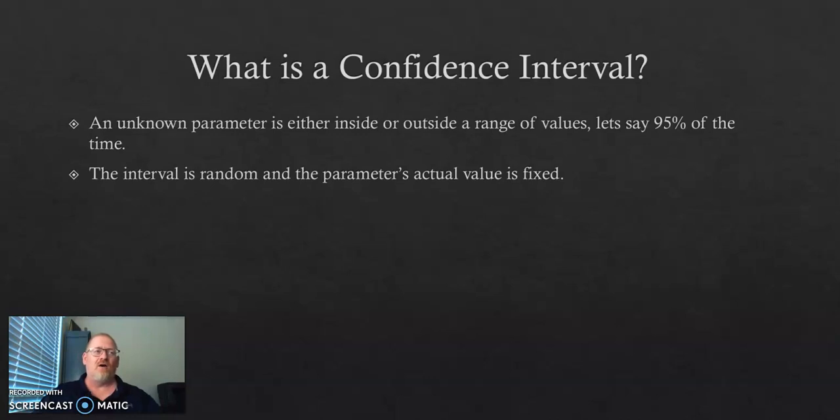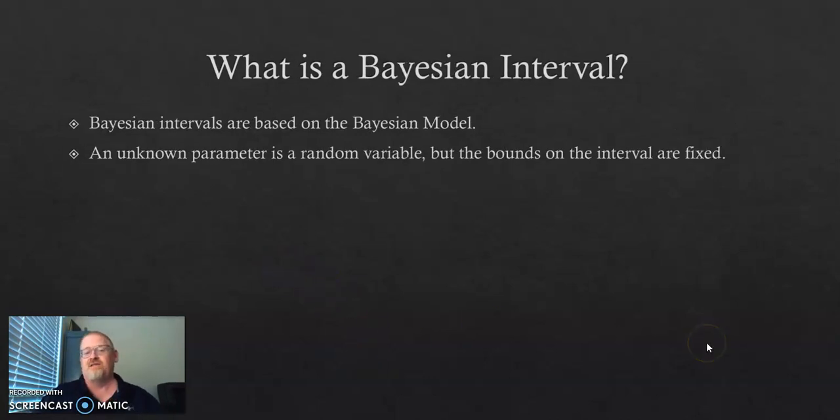Now we're going to contrast that with a Bayesian interval. Here the intervals are based off the Bayesian model, and we've seen that in a previous video. But here the unknown parameter is a random variable, and the bounds on the interval are fixed. This leads us to the posterior distribution, which, since we're doing Bayesian analysis, we're going to deal with the distribution. So if we look at the next slide,